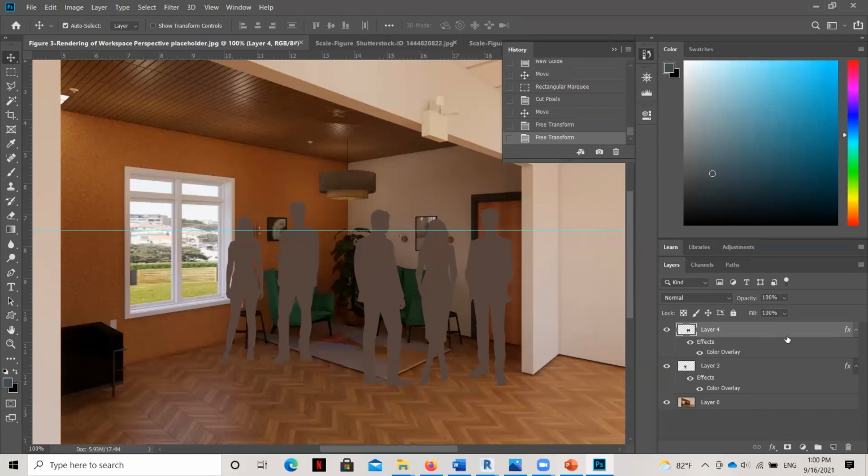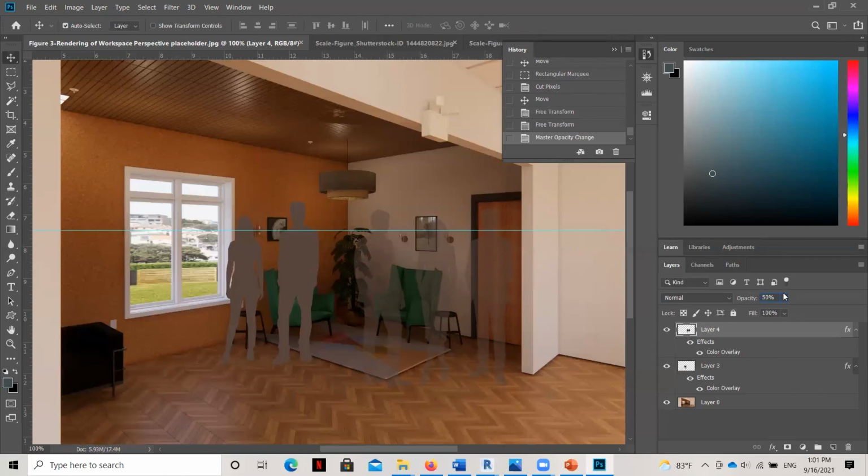What I'm going to do next is change the opacity of these layers so that they're not as distracting. Again, if I leave these scale figures in just as is, they're going to cover up a lot of the information. And so I want to see what happens if I reduce them to 30%. That's a little light. Let's see what 40 looks like. 40 is still light. Let's do 50. You can see I'm bringing them in right here.